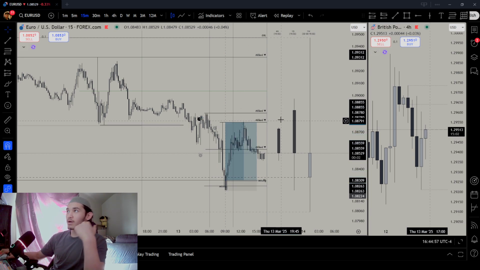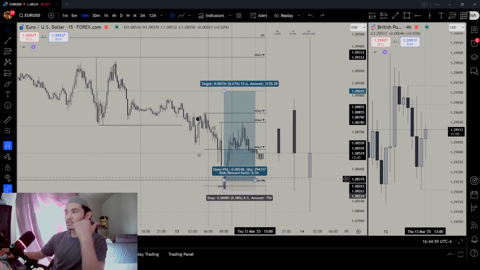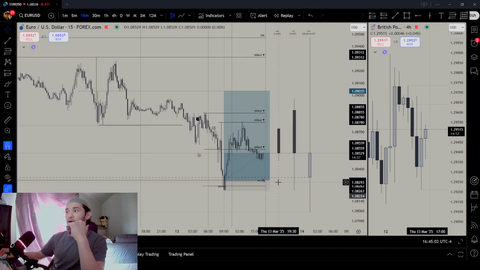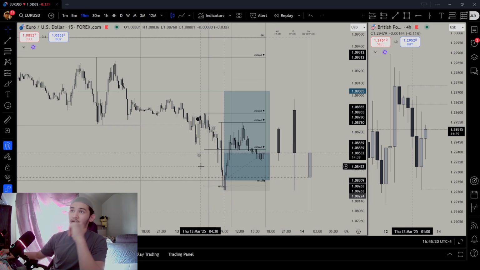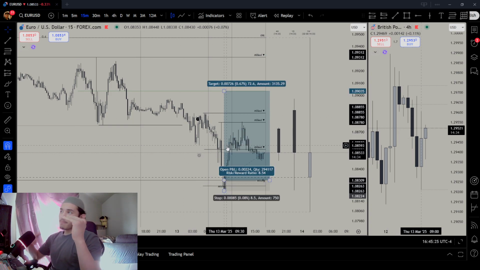About psychology, why it matters, and risk management. On this trade, I risked about half of my position, which is supposed to be 2% on a challenge account and a maximum of 1% on a live account. So I de-risked by 50%. The reasoning is simply because the top-down bias was not that clear. I had a down bias and an up bias, so I said I'm still going to have a bullish bias, but let me de-risk. So if I lose, I'm losing less, but if I make, I'm at least making money.